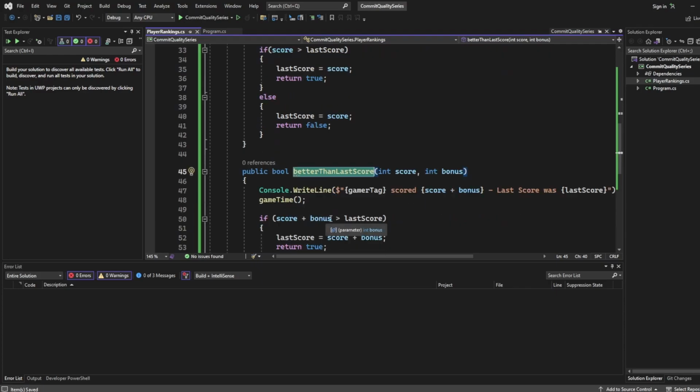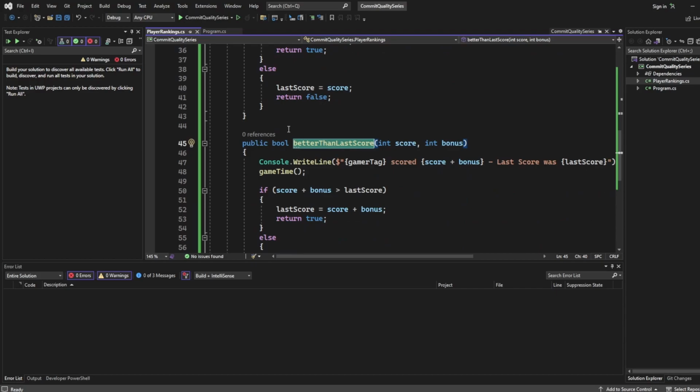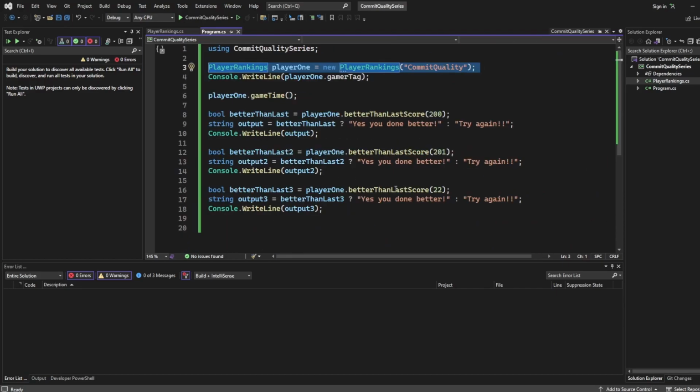Before we added this, basically what was happening, C# goes out and looks for the method name, but it also looks out for the arguments passed into the method as well. So this means we can do this thing called overloading, where we can have another method which might be named the same, but it's doing something a little bit different. In this case, it's taking through a bonus score. So this still works completely fine using better than the last score, but now let's add a fourth one here,